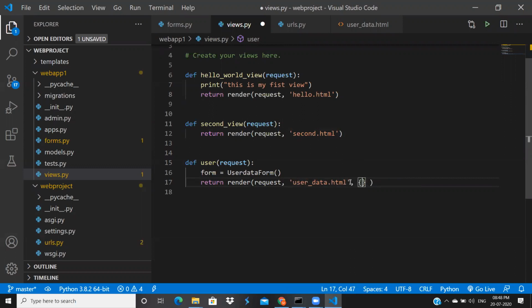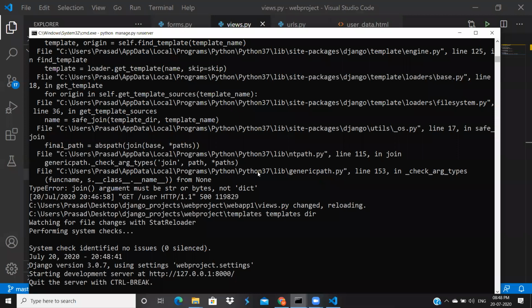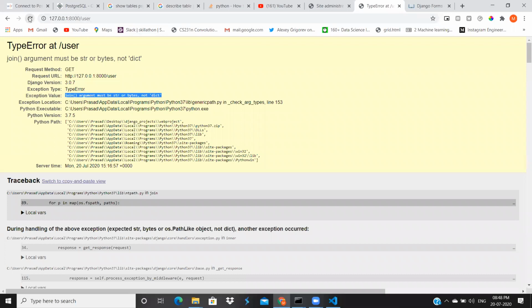Just see, I'm changing this configuration. If you observe here, I got four input fields: username, email, phone number, address. But this is not what I'm expecting. Why? Because you don't see any form like this in any web application, like horizontal fields. This should be one by one, one after another.